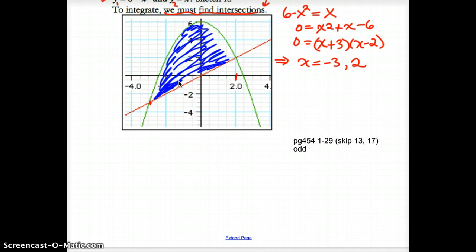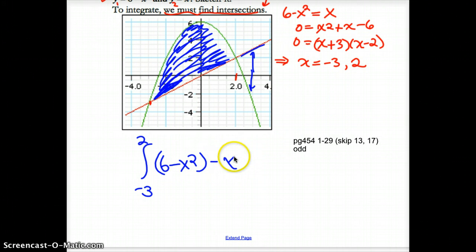I'll find it later. Alright, so I am integrating, and for this entire interval from -3 to 2, between the two intersections, the green function is on top. Keep in mind if at any point they shift, like right here, the red one starts to be on top. If I'd gone out to 4, I'd have to have another summation where I add with the red one on top. But this one, the green function's on top, and that was my quadratic function, 6 minus x squared, so that goes first, minus the lower function, which was my line, which was y equals x,